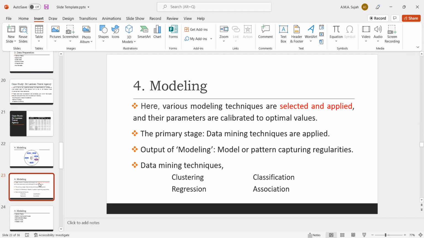And also in modeling, we are tuning the parameters. We are changing the parameters. We are changing the model. Based on the model, we are checking the accuracy. This is the primary stage of the Cross-Industry Standard Process for Data Mining. Before we look at all the things, these are the prerequisites for us to get a good model. This is the ultimate goal. We are implementing the model.